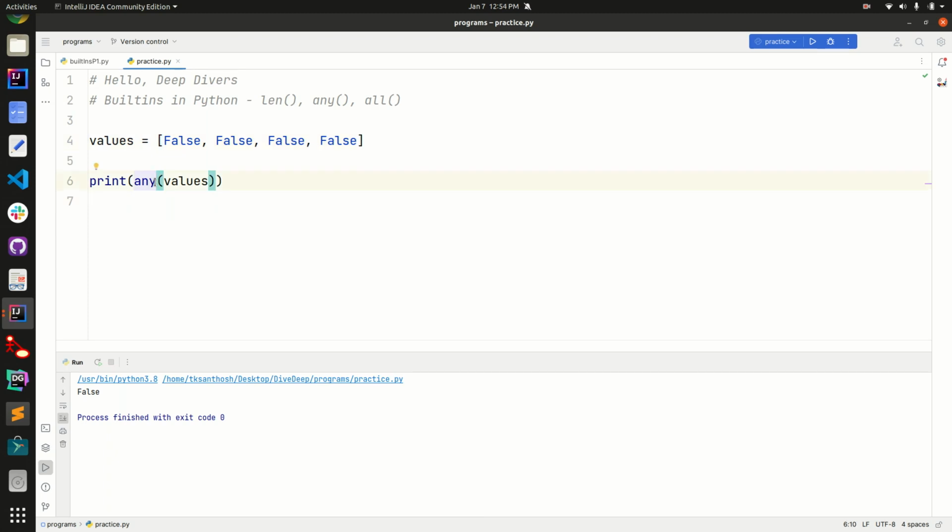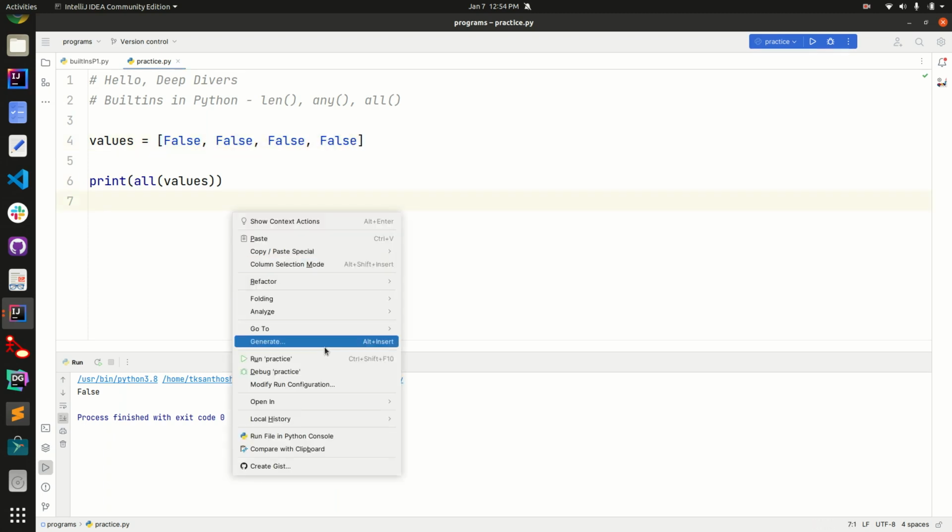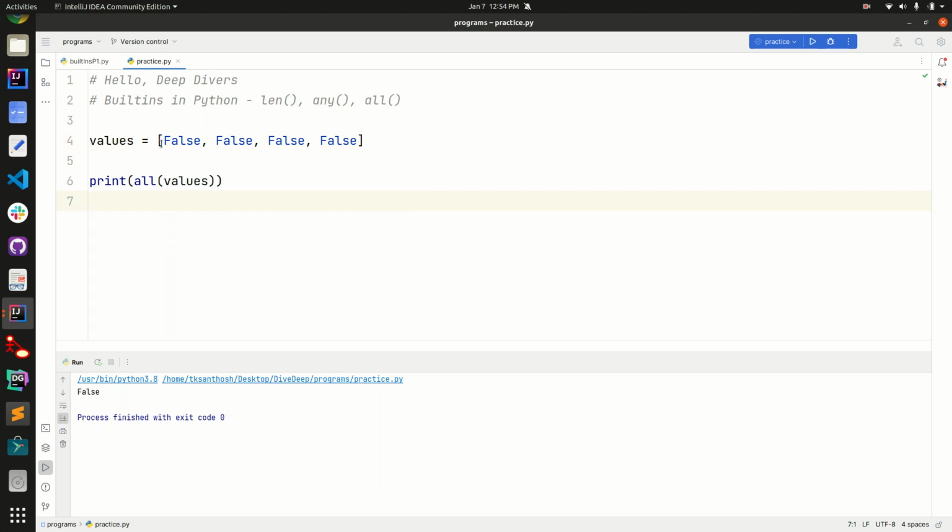So what does the all of function do? This is the opposite of the any of function. The all of function returns true when all the values in the iterable are true. It returns false, obviously, because every value in the iterable is false.